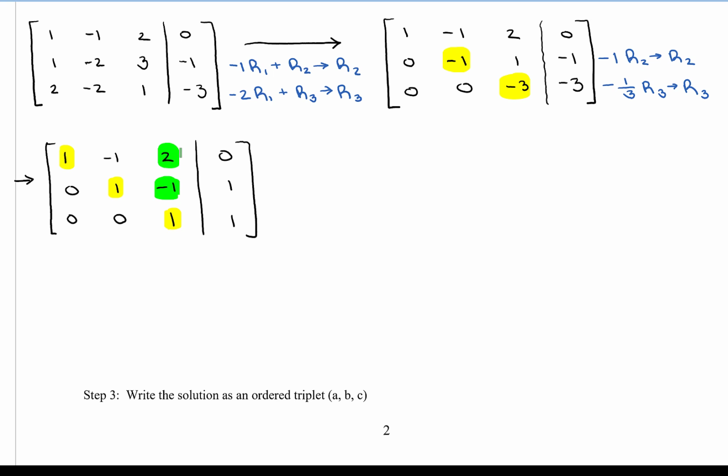There's a -1 in row 2, and then there's a 2 in row 3. This is in column 3. I need those to become zeros. So I'm going to use my row 3. I'm going to multiply it. So I'm going to add a multiple of my row 3 to row 2 and row 1 in order to